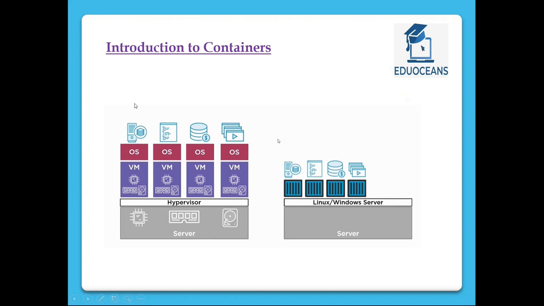So for handling, let's just focus on the left hand side first. For handling multiple virtual machines, we used to have some sort of hypervisor. Like we have a supervisor in a class, the same way, hypervisor is a term you might have heard of these days. When the cloud was very much in discussion, you might have heard of a hypervisor or hyperscaler. Those are there to monitor and control the activities going on, and to coordinate multiple activities with each other as well. So this hypervisor is monitoring all of this, and this is how the VM functionality used to work.